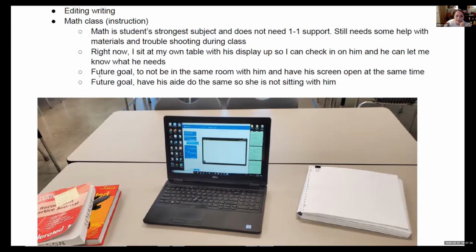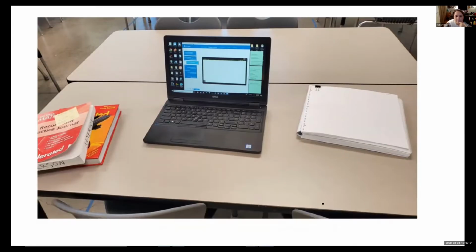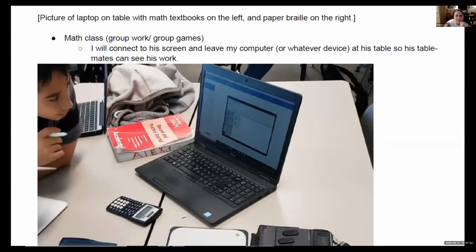And then another future goal, which will be a while later, is having his aide do the same. So right now I'm doing it because I'm very fluid with knowing how to get it set up. So once we get back, I'll be training his aide so that she can get set up on her own device, whatever that may be. And then she can kind of sit at least away from him and all that stuff. So that's my little setup. And so that's during math notes, and during math groups,